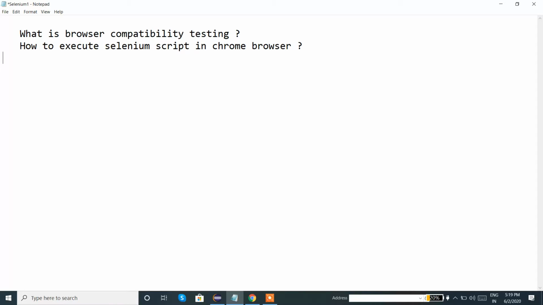Fine. So to define browser compatibility testing, if we are writing a test script in any tool, not only in Selenium, the script should be able to execute in different browsers like Firefox, Chrome, IE Explorer, Microsoft Edge.